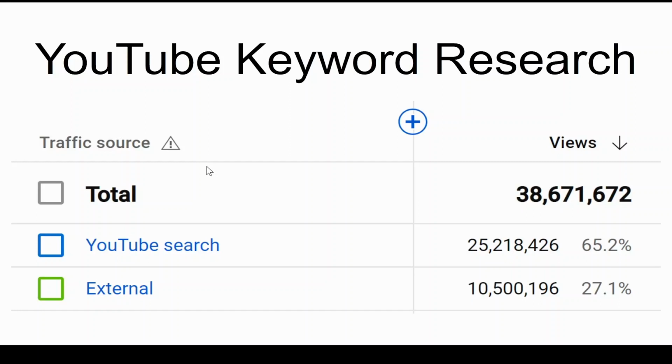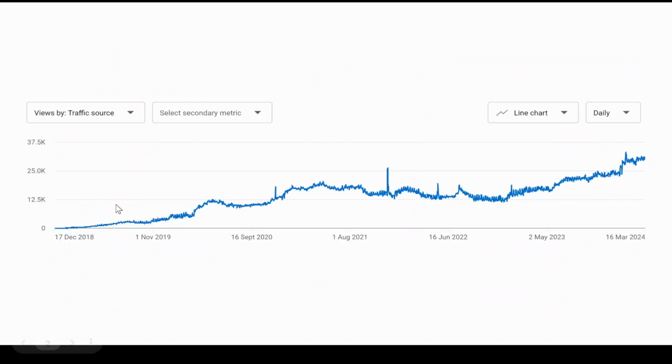In this YouTube keyword research video, I'm going to show you how I got 38 million views from YouTube search and Google search. This video is going to be jam-packed with information, and I'm going to give you some free game here. Here you can see my graph of views from YouTube search. Now you can see it goes up and up and up,